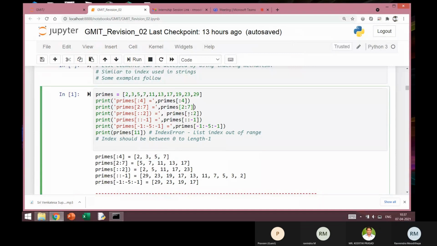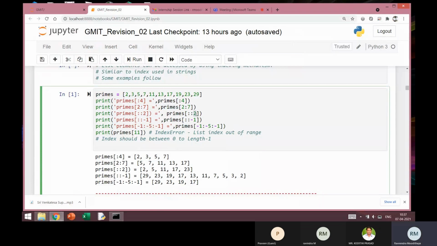Third example, this just gives you the different ways in which we can represent the slicing operation. The third one is ::2. Now, whenever we have this ::2, this should be interpreted as, in the first place, we are writing the starting index. If you don't write anything, it means that it is the beginning. In the middle, you are writing the end index. If you don't write anything, it means the last one. And the last element here is the increment.